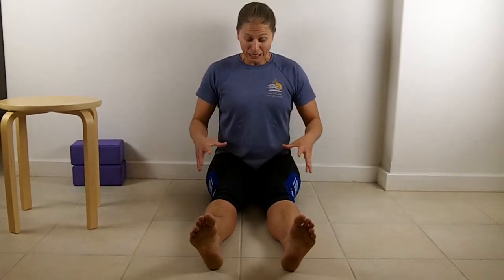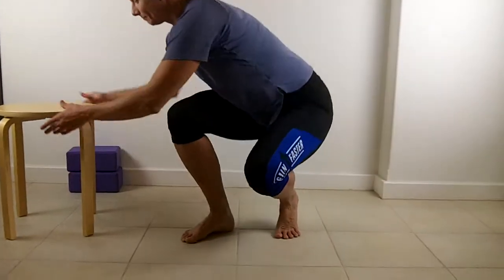Why can't we do it, or most people? Because they hang out on couches, chairs, cars, watching movies, doing homework, doing work, what have you. Every single day, I recommend doing this in order to reduce your risk of injury. If you cannot do this, which a lot of athletes cannot do, I recommend